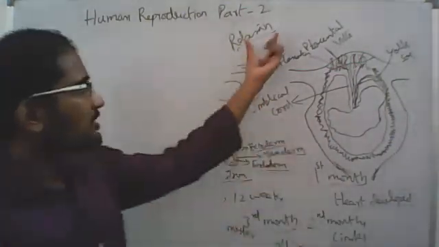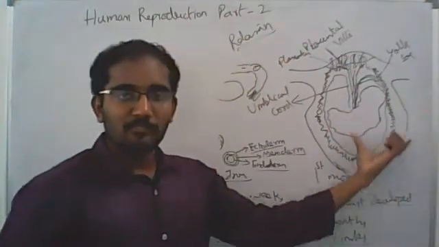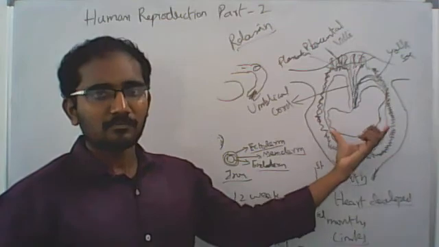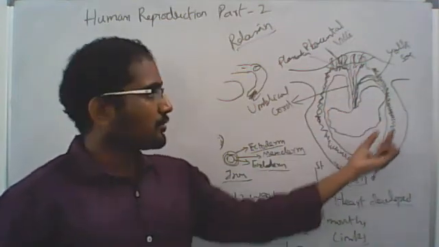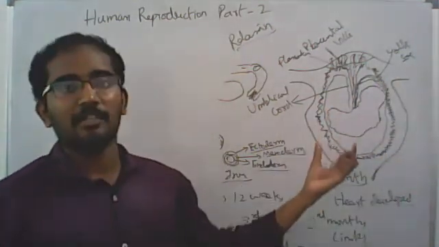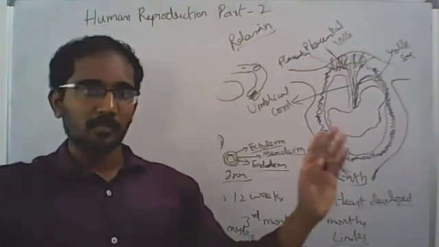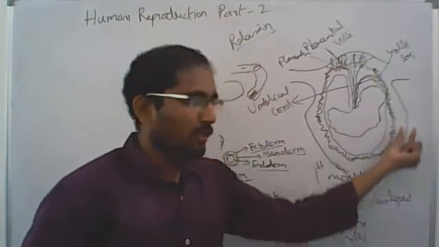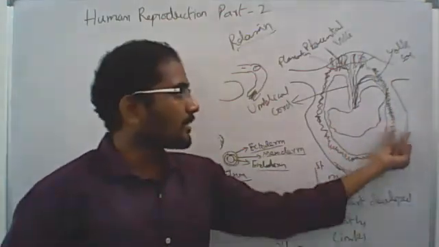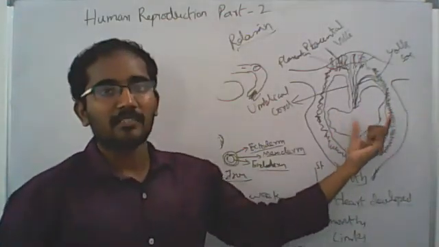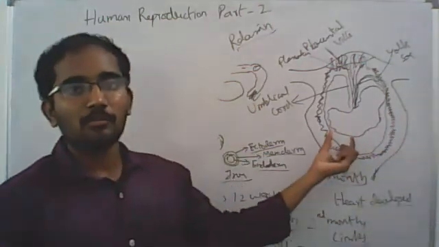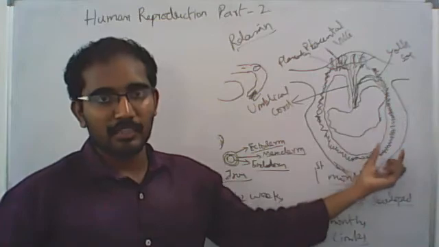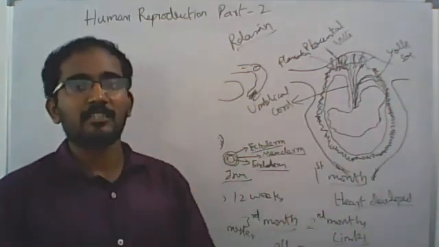Okay, so the relaxin is just going to produce and the fetus is just growing. When it reaches the final stage, the uterus has certain limits. We can't enlarge it as much as we want, so it will enlarge only to a certain level. At that level, the fetus reaches the maximum size, and the relaxin can no longer work on the uterus. So the uterus gets a lot of pressure.